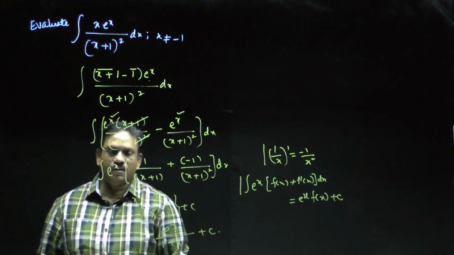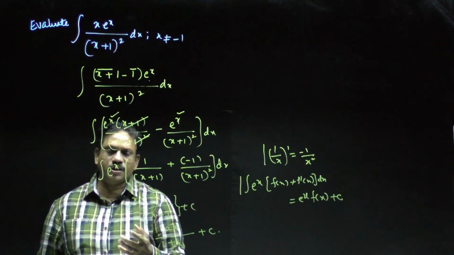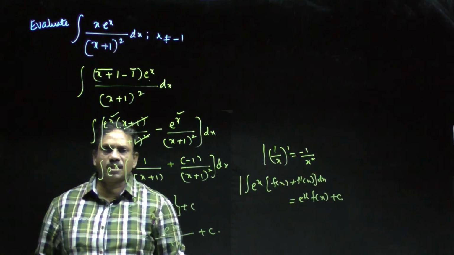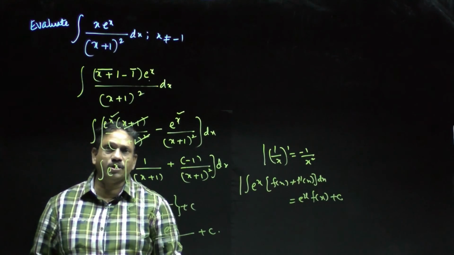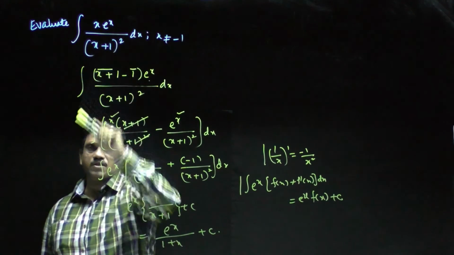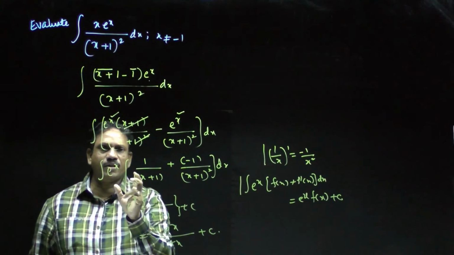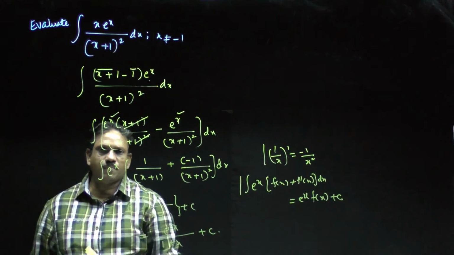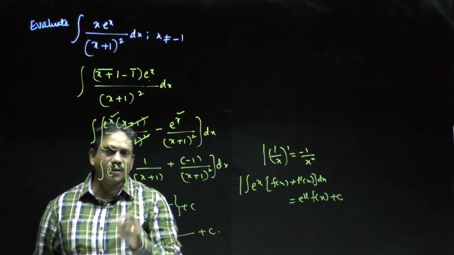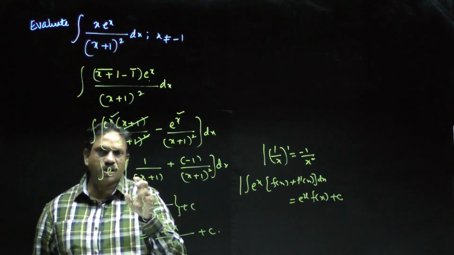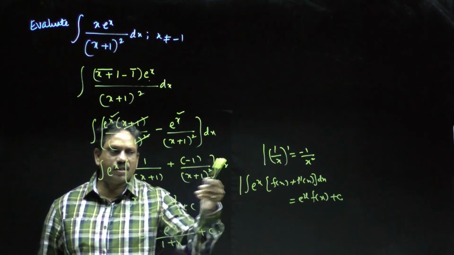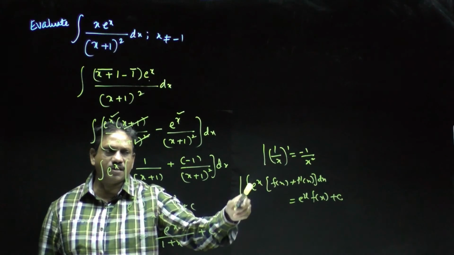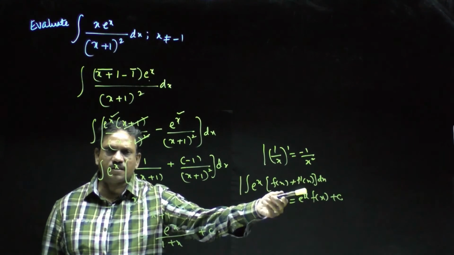Now see once again. This is a very nice model expected at board level as well as in objective type questions like entrance exams. To handle this type of problem, you have to focus on the denominator. Whatever the denominator function contains, try to write the same in the numerator. By adjusting the problem, you separate the denominator part. After cancellation, you can easily identify one function's derivative in the next part. By taking the help of this result, e^x into (f(x) plus f'(x)) is nothing but e^x into f(x) plus c.